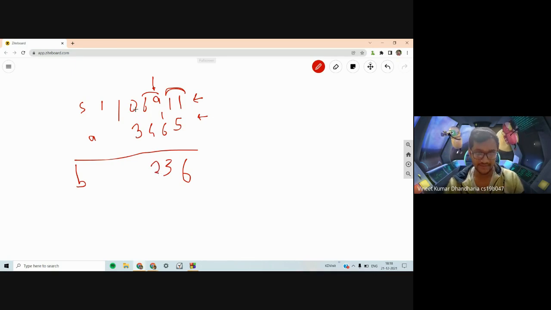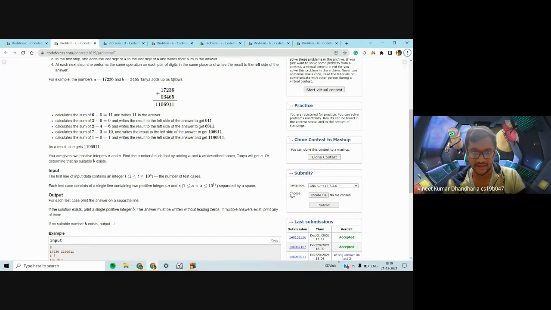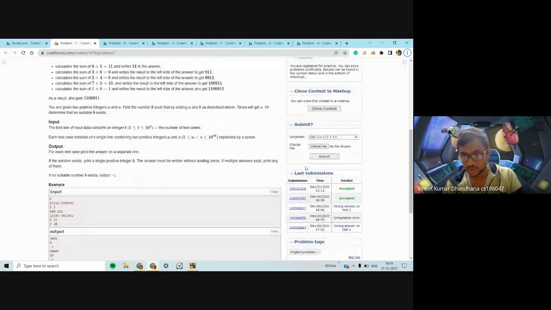For 0 and 3, you know you can't do this, so you would take the next character. 10 and 3, you put 7. And now for the remaining characters of S, we know that there is nothing for A. So probably it would have been 0. And now you subtract 0 from that, so you would get the same number. So 17236, which was our B. So I'll just show you the code.